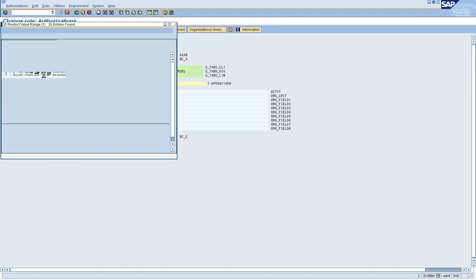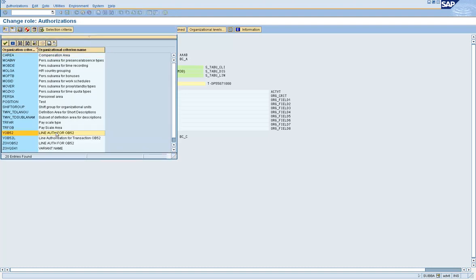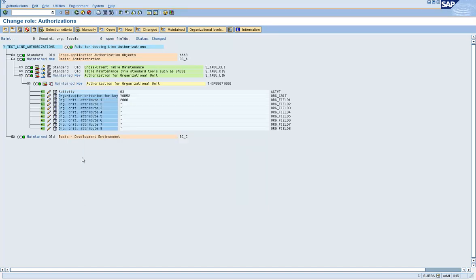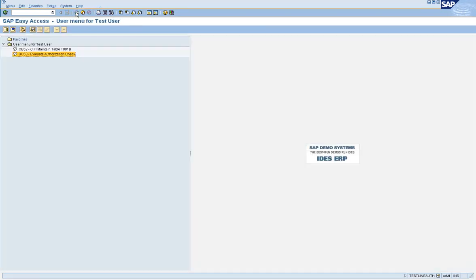And now you maintain the field values, let's say whatever company code you want. Generate. So the profiles are generated. Now let's go and check if you still have the issue.